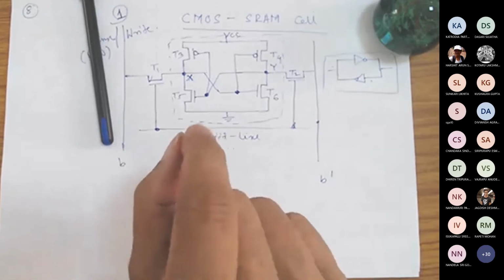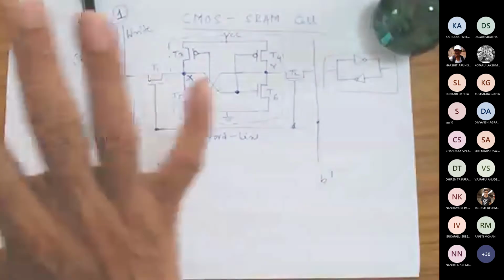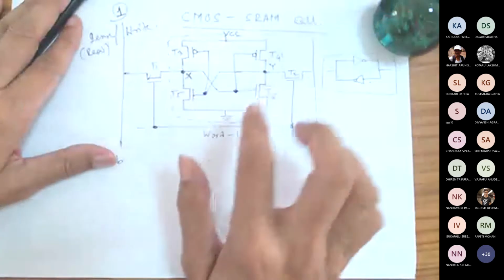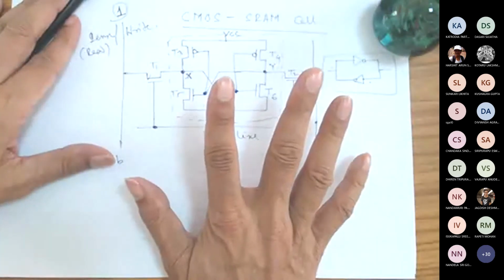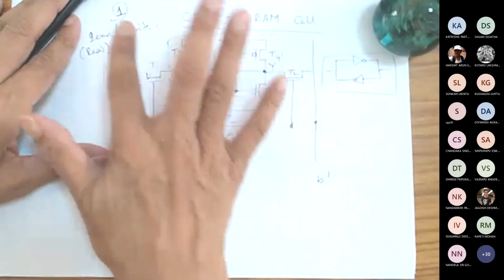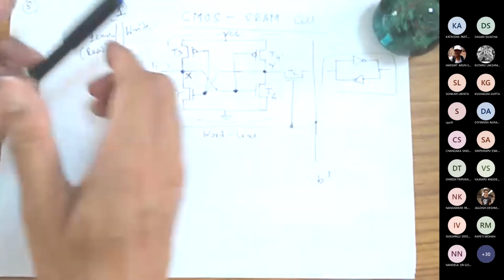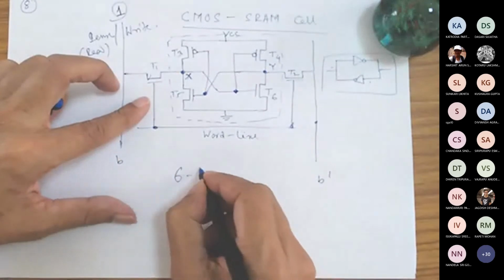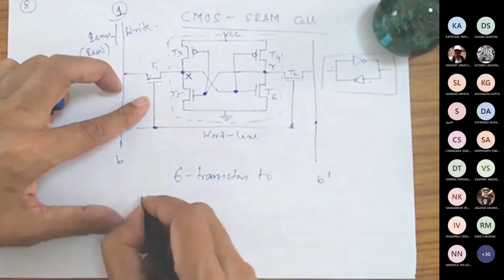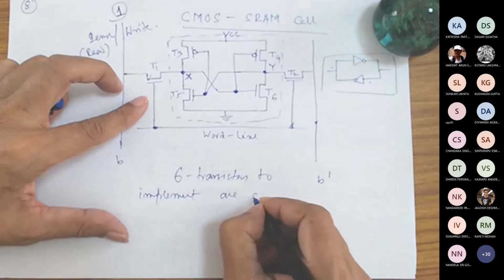So this is the simplest design of a CMOS RAM cell. Now why is it expensive? It is very fast. Fast in the sense that all are transistors. But it is expensive because if you need 1, 2, 3, 4, 5, 6, in addition to the sense circuit, you require 6 transistors to implement 1 bit. So we require 6 transistors to implement 1 cell.